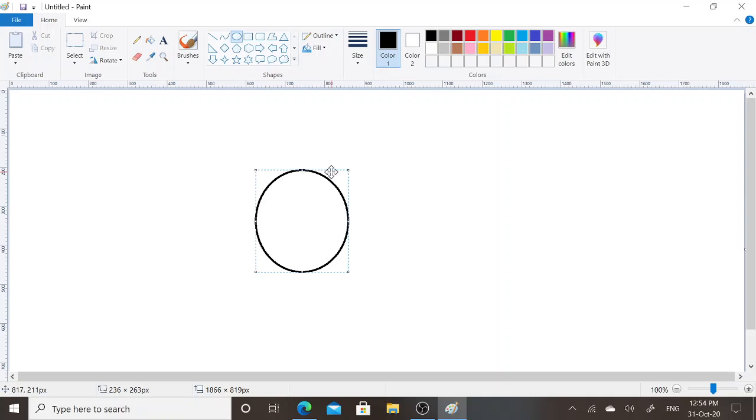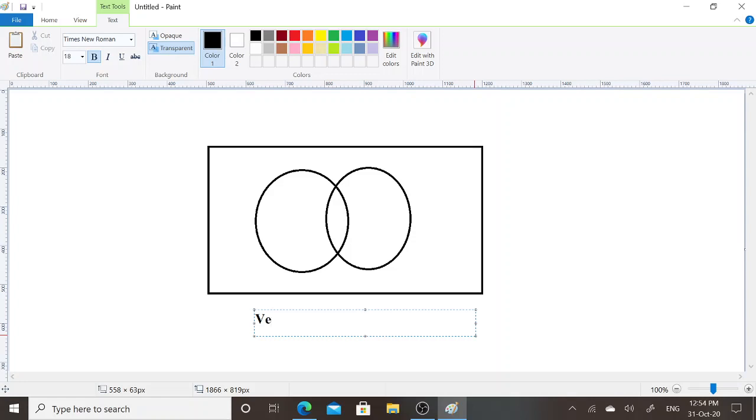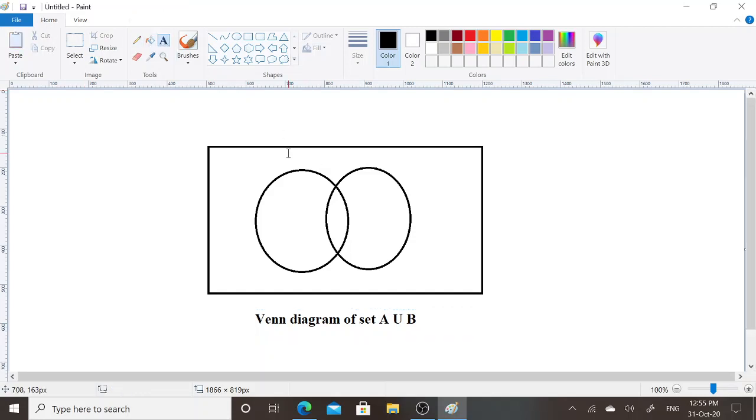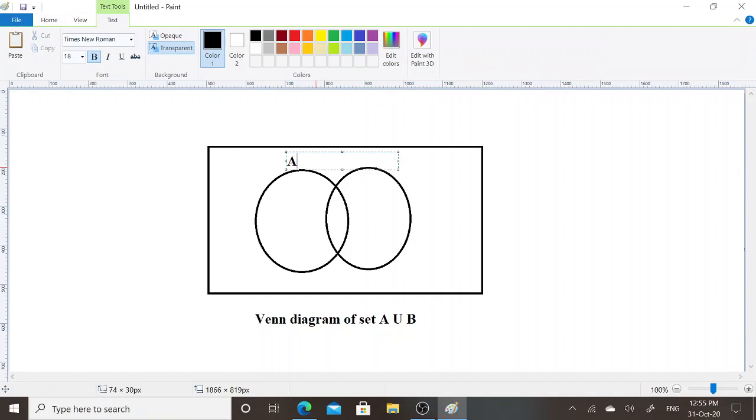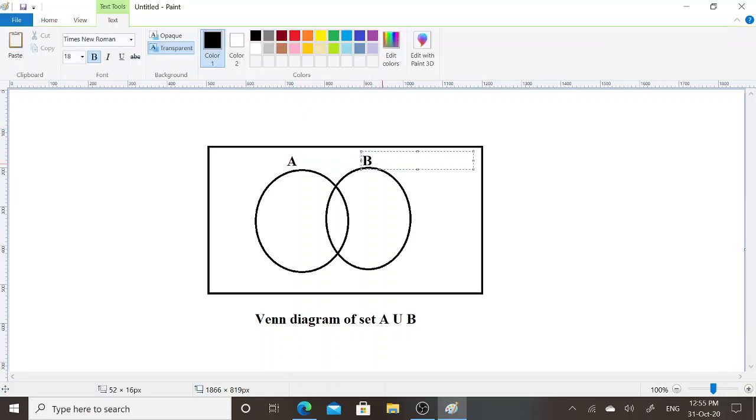First, I will draw two circles that represent set A and set B. This is the Venn diagram of set A union set B. This is set A. This is set B.